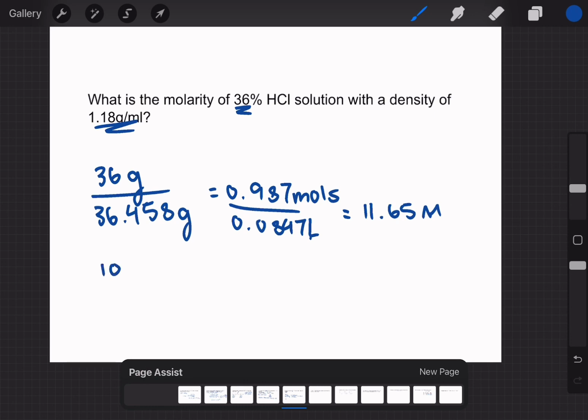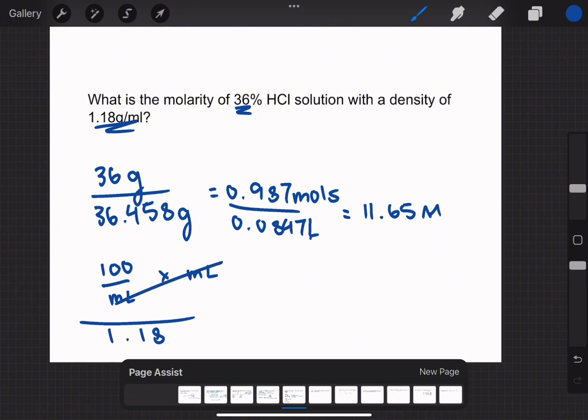you are going to do 100 over ml times ml, and that's all over 1.18, right? Those are going to cancel out, which basically gives you 100 over 1.18, which is just grams over ml. Right? So when you divide these two out, your grams are also going to just cancel away, which then leaves you with